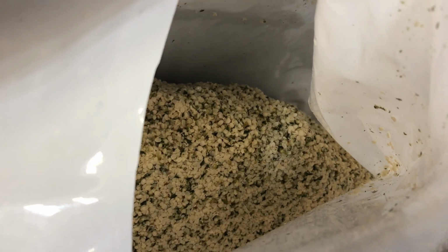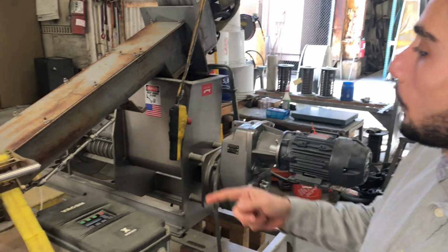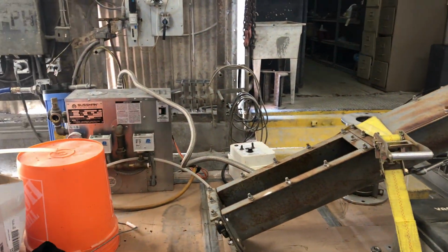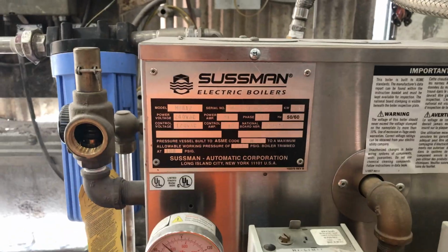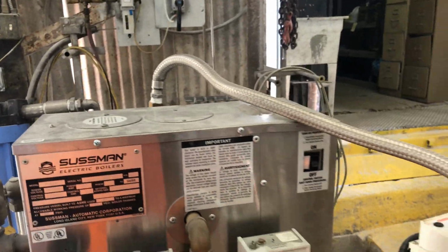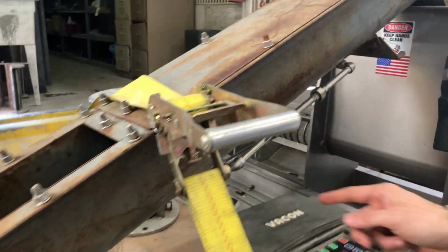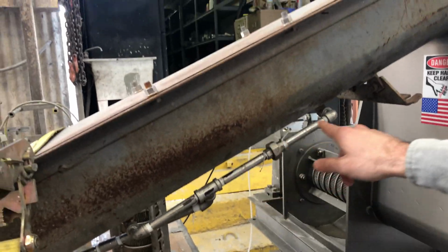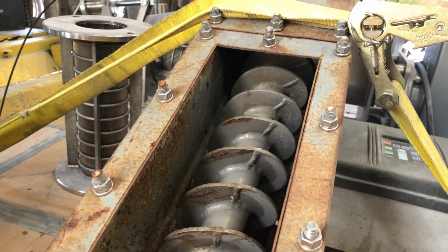We're going to try and remove the oil to increase the protein content coming out of the screw press. To remove the oil, we're using steam to hopefully assist us while we're pressing, to separate out the fiber from the oil itself. We're using about 60 psi steam. The steam runs through a manifold and injects into here. And this is where we'll convey the hemp hearts up into the screw press,